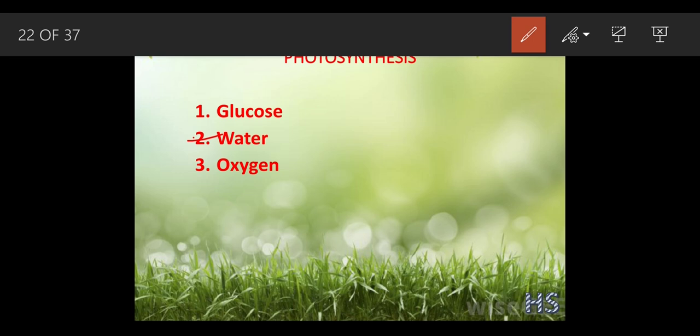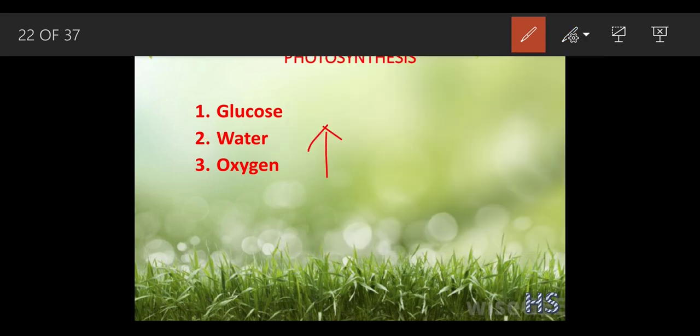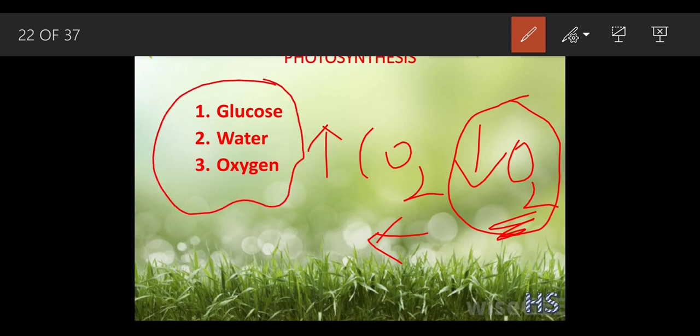Now oxygen. We know the mechanism of the plant very well, that they take in carbon dioxide and release oxygen. This oxygen helps in the breathing process for humans and animals. So this oxygen is not a waste product. Out of these three, none of the products is wasted, because all of them come for daily use. This glucose for the food part, this water for survival, and this oxygen is also for humans and animals for survival.